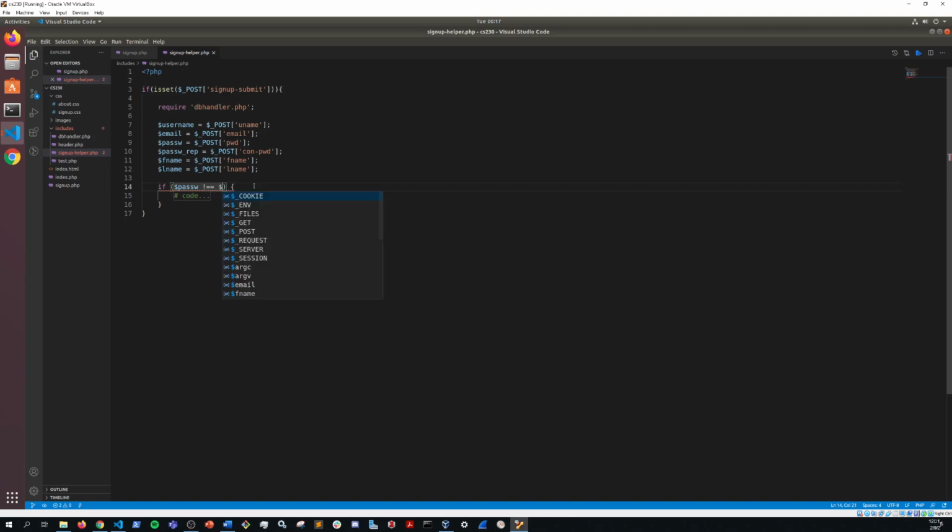So what we're going to do is say if it's not equal to our pass rep, pass w rep. Use autocomplete where you can. What's going to happen is we're going to kick the person back to the sign up page. And the way we do that is with this header function. This will allow us to redirect the user using this simple string right here: location, colon, space, dot, dot, which means we're going back, we're going up,